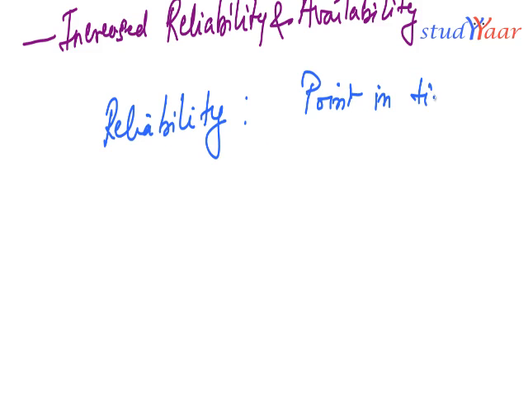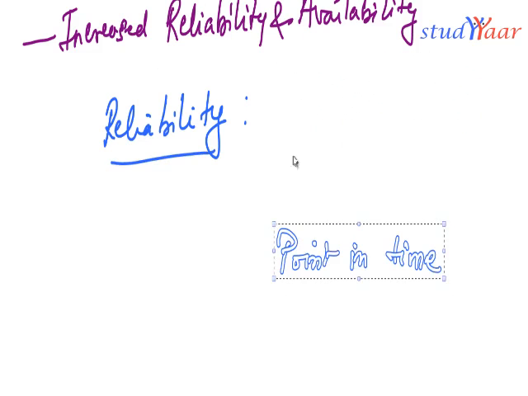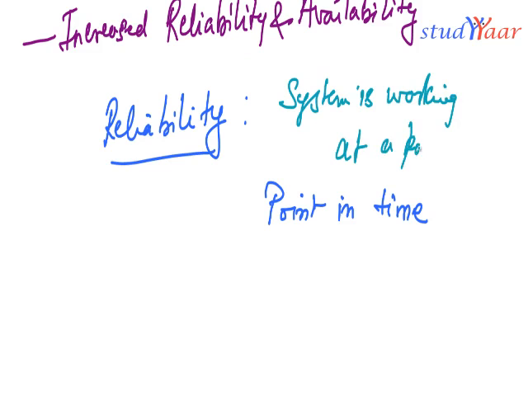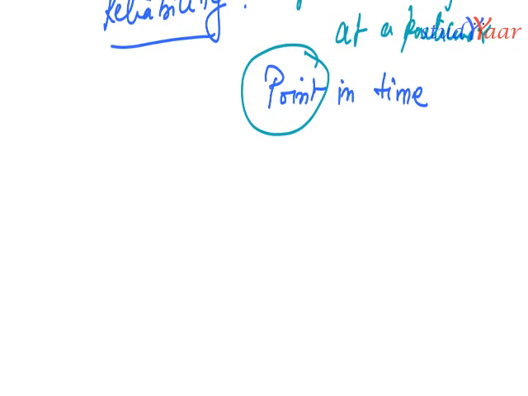Okay, so let me just copy this and I'll just move it down. It says: system is working at a particular point in time. Okay, the keyword over here is at a particular instant in time, while my availability